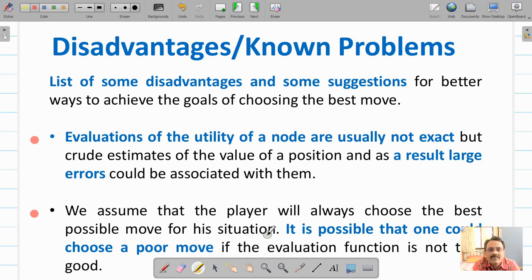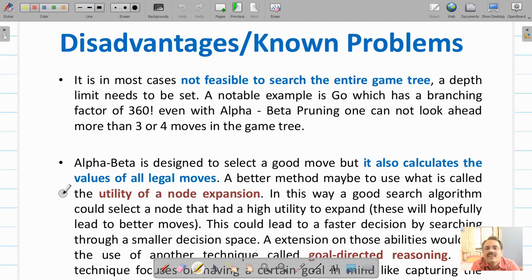If one of the players makes a poor move, the evaluation function may not be proper in that case. Then in that case the algorithm will not be optimal.